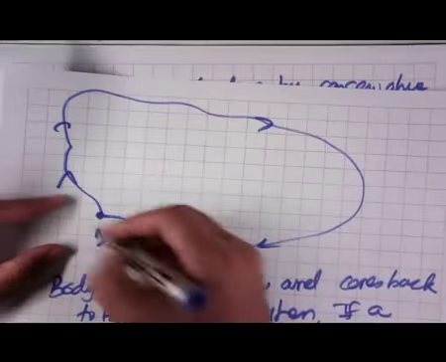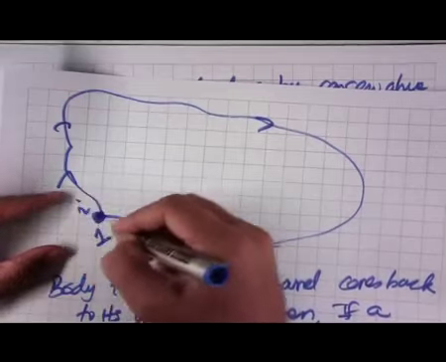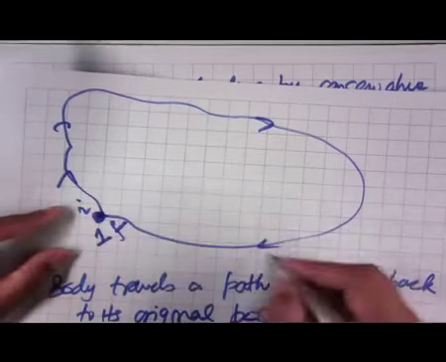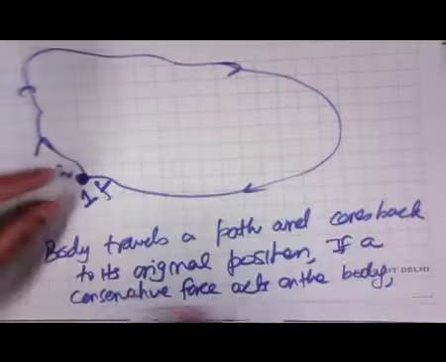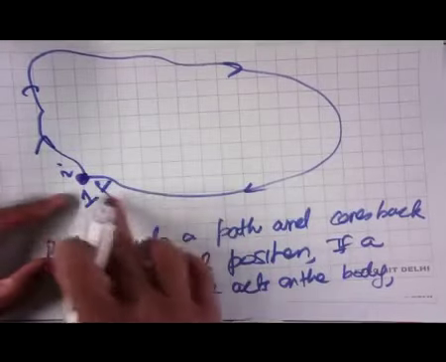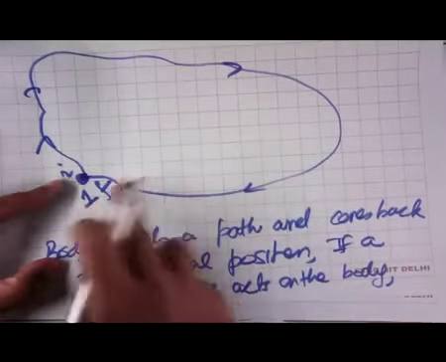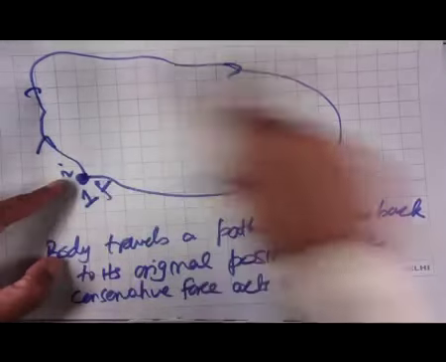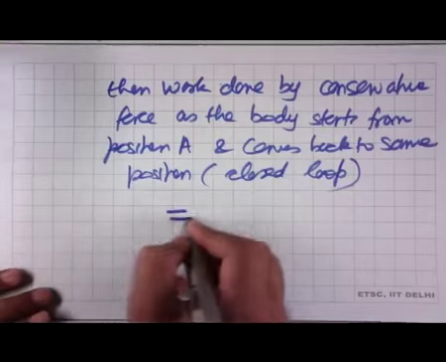Mind you, the loop may not be circular, it can be any arbitrary loop. So the body starts from here and comes back after moving, and the work done by a conservative force, if it is acting all along this interval,